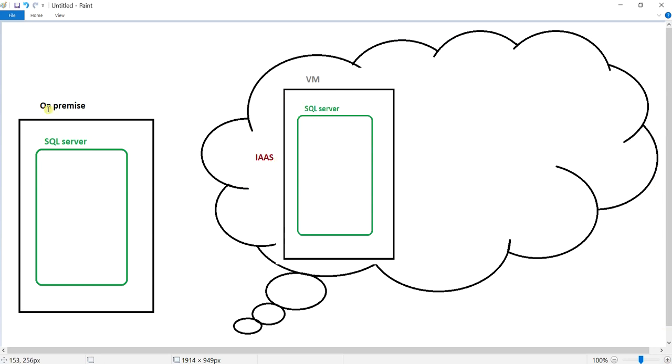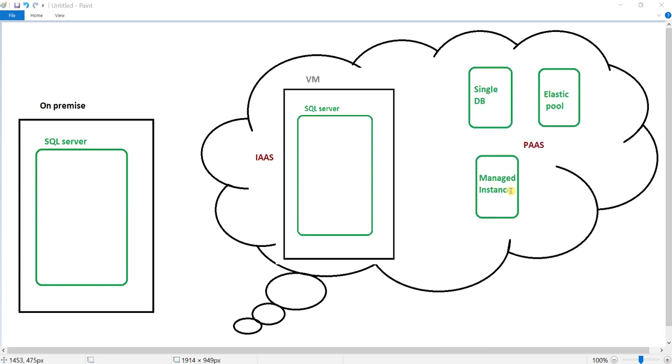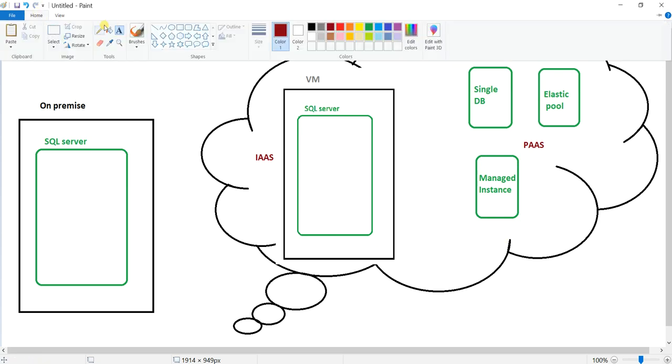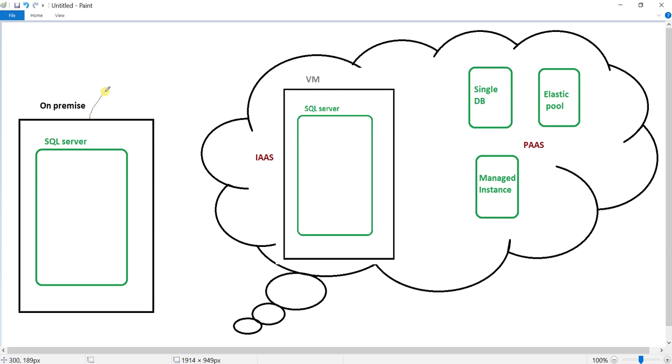You can migrate from on-premise to IaaS, or we can also migrate from on-premise to PaaS. So we have Single DB, Elastic Pool, Managed Instance. This is called PaaS. For each of these we have different methods. We'll discuss those methods, and I'll explain each method in the next videos.